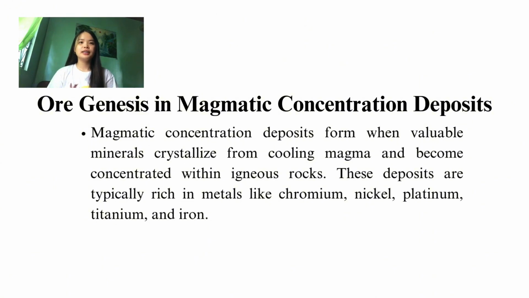Ore genesis and magmatic concentration deposits. Magmatic concentration deposits form when valuable minerals crystallize from cooling magma and become concentrated within igneous rocks and through the crystallization and differentiation of magma within the Earth's crust. These deposits are associated with igneous processes and are a major source of metals like chromium, nickel, platinum, titanium, and